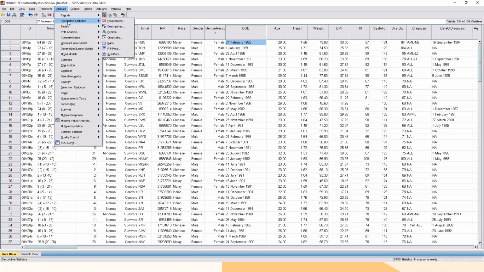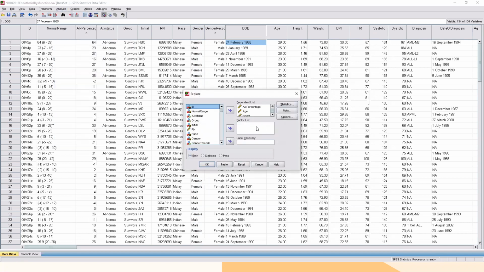So basically go to descriptive and then explore. So like just now I said, if you have a group, like for me, I have a group, I can put in group here, and then the distribution check will be broken into two, survivors and controls in this case, but we don't have to do that. So for example, just take this. Just for fun, because we have the result, we add another one. For example,